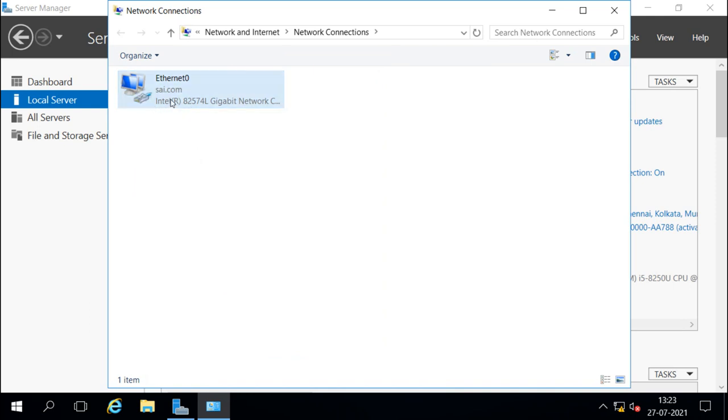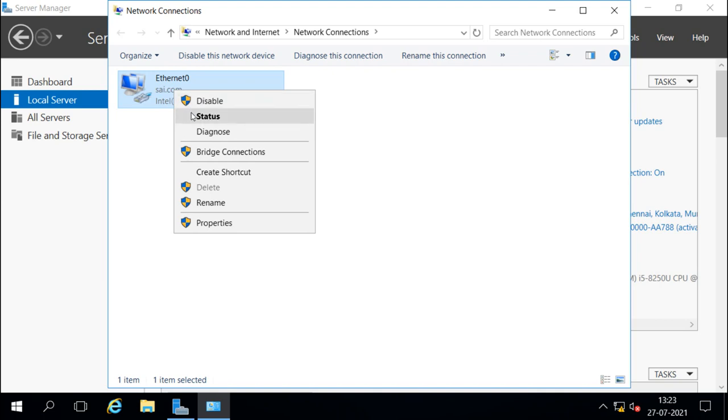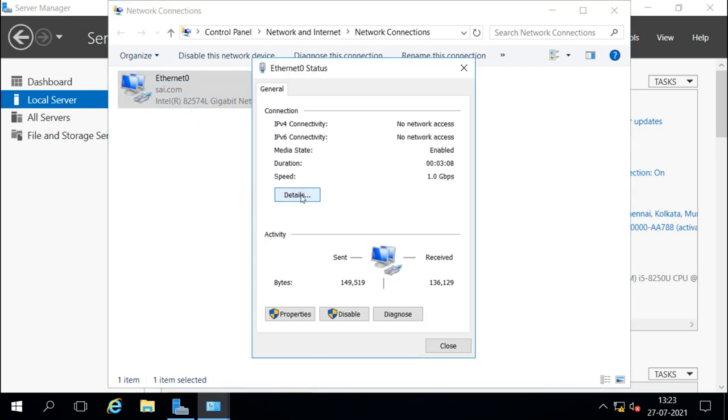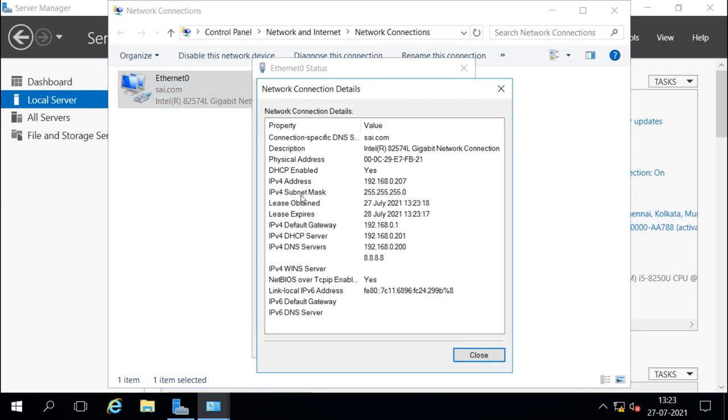Now what it got here, we can check the status, and under the details we can see the IP address it has got is 192.168.207, after the exclusion, what we have excluded some range, and after the exclusion it is getting this IP address.